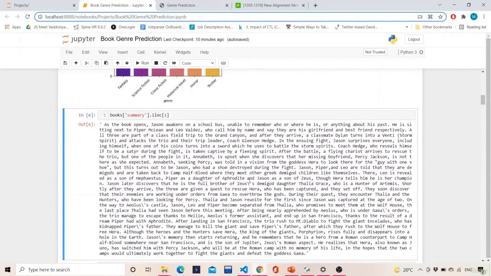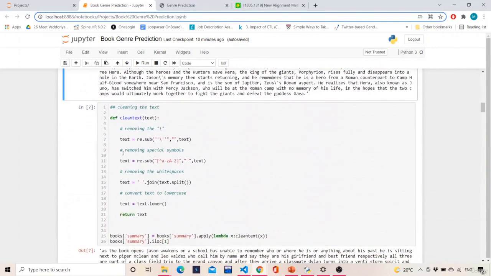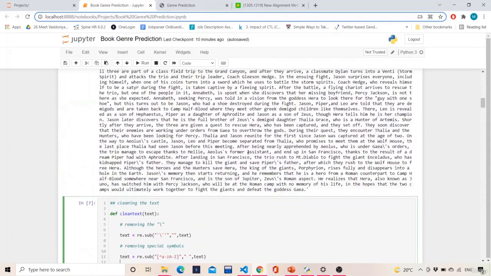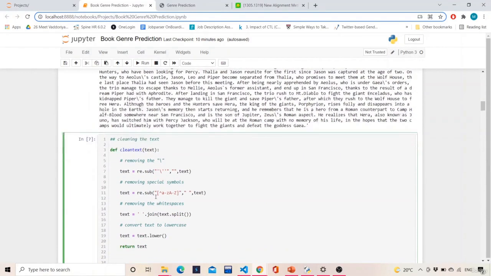Okay, so this kind of thing will be handled, and then we'll remove the special symbols. If there are any punctuations or question marks or exclamation marks or anything of that kind, all of that will be removed with the help of this regular expression. This regular expression basically says: except characters from small a to small z or capital A to capital Z, replace everything.